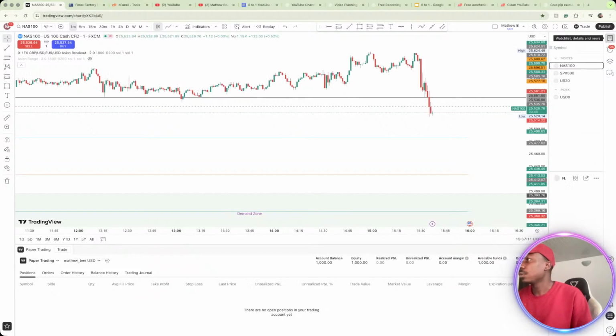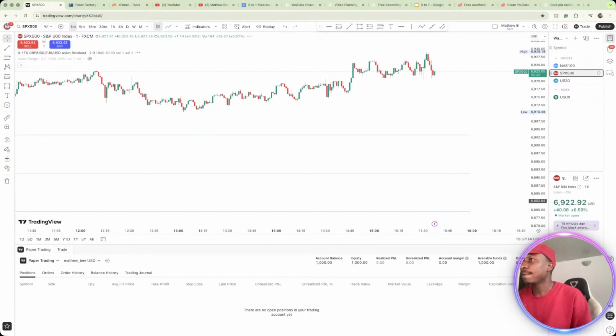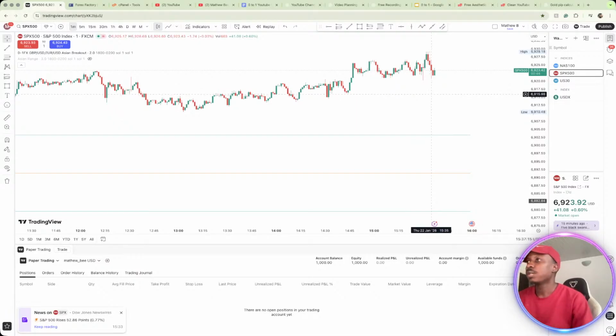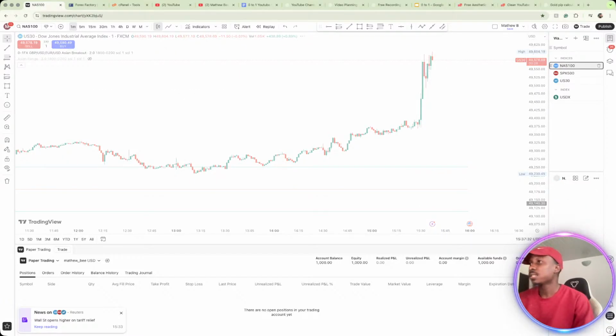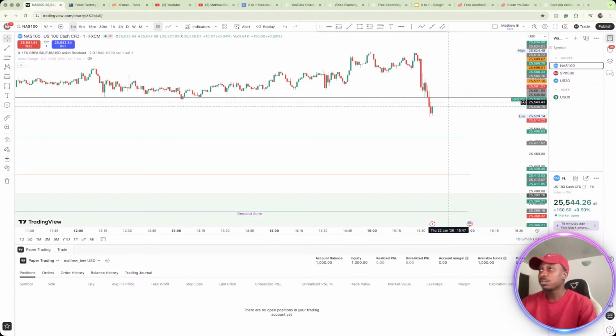Wait a minute. Let's see what S&P 500 is actually doing. S&P 500, 1 minute, is actually forming a higher high, and S&P 500 is actually bullish. US 30 is very bullish. Market open went straight up, so it's very likely that NASDAQ will follow the same move. The only thing with NASDAQ is that NASDAQ likes to, you know,